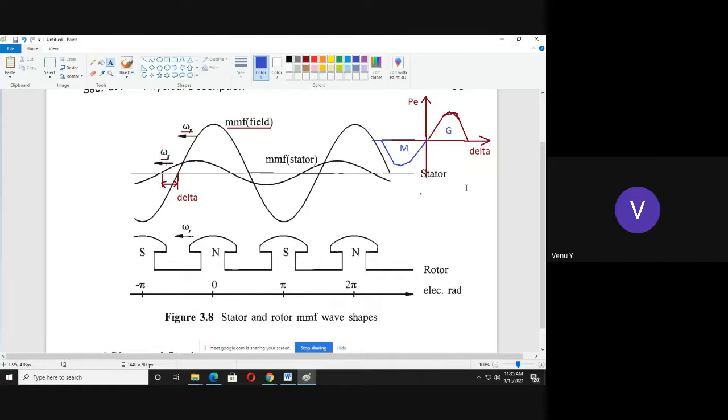This is very important. The correlation between the power angle curve and MMF waves is important. Now you are studying. I hope you studied this in the undergraduate course, EM3 subject. Manideep,